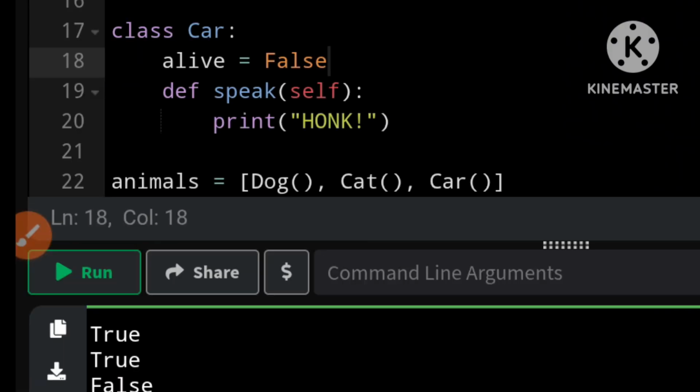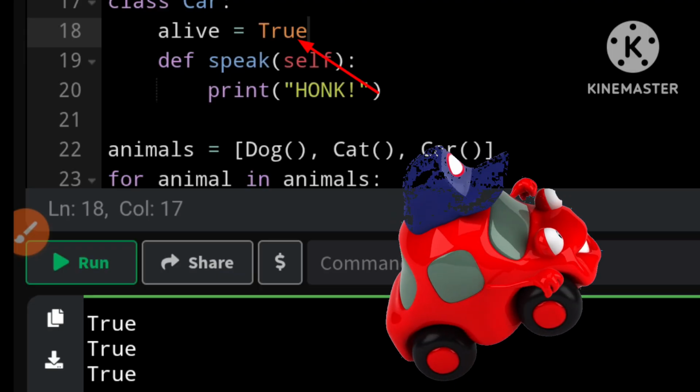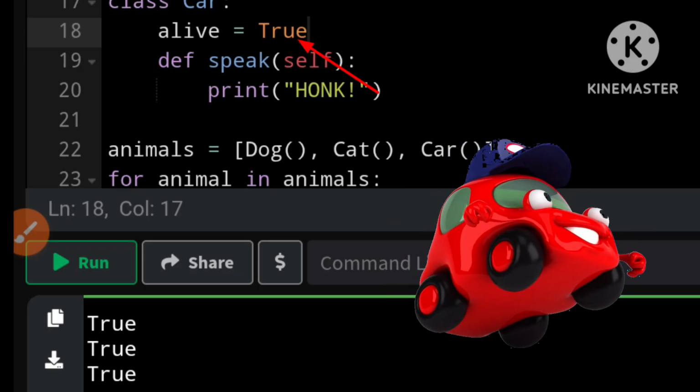But if I was to add that attribute, alive equals false, we have true for the dog. It is living, true. For the cat, it is living, but false for the car. It is not living. It is not a living creature. My car meets the minimum necessary requirements to be considered an animal. If I were to set this to be alive, well, then it would be a living car, kind of like